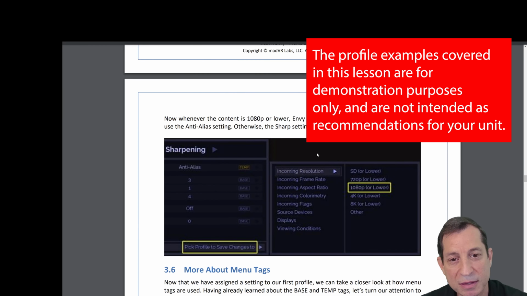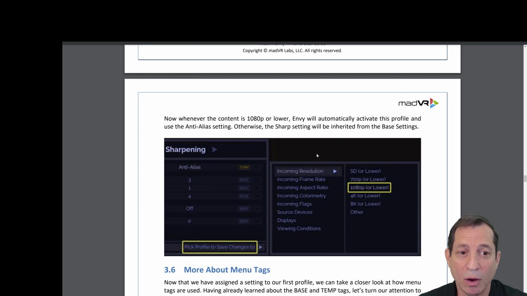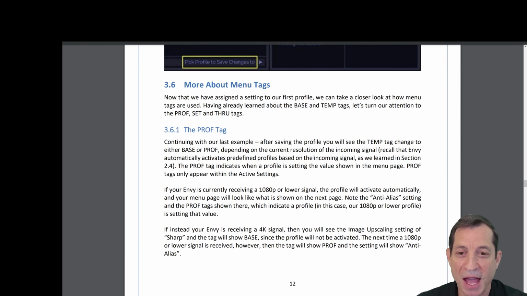Now, whenever the content is 1080p or lower, the MV will automatically activate this profile and apply this anti-aliasing setting. Otherwise, the sharp setting, since that's inherited from the base, will be applied. Now that we've assigned a setting to our first profile, let's take a closer look at how menu tags are